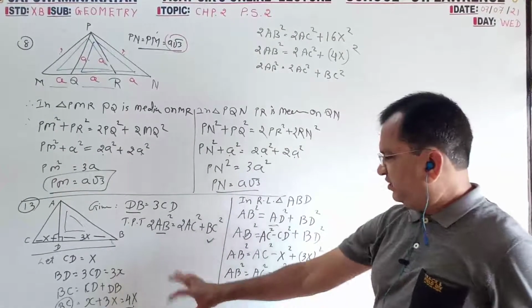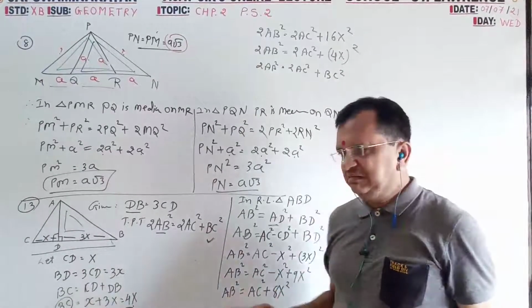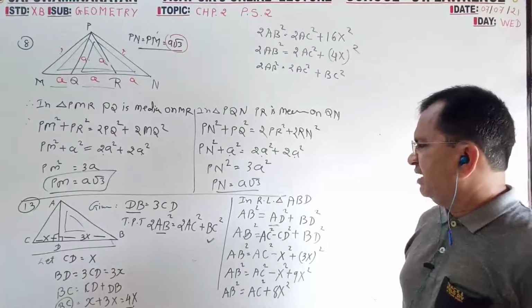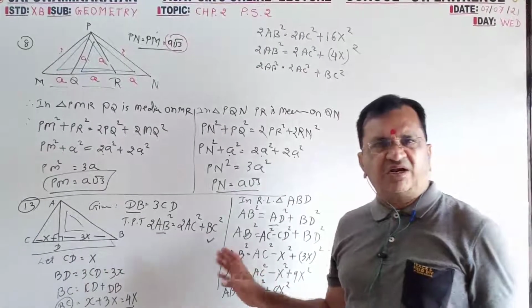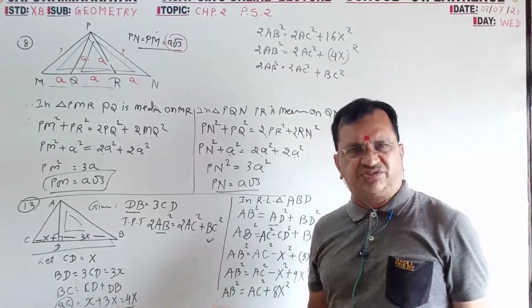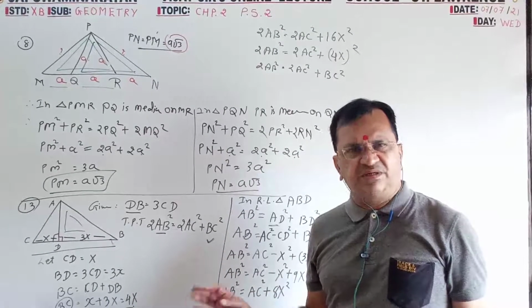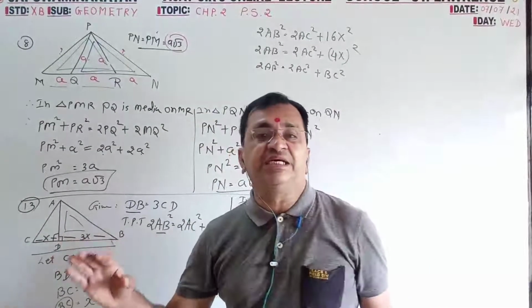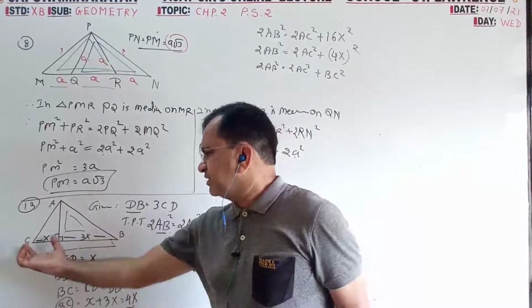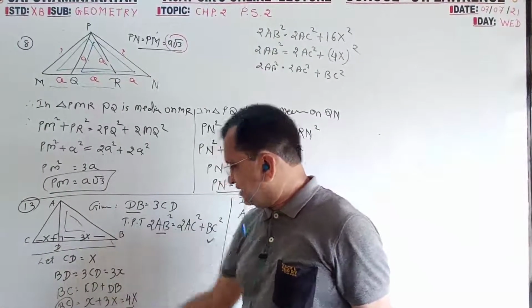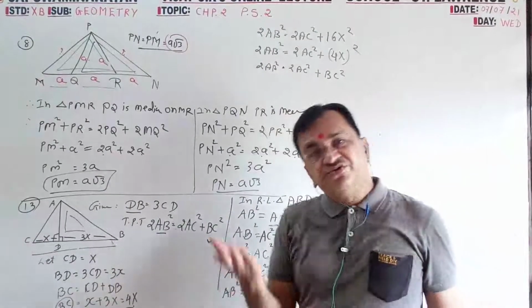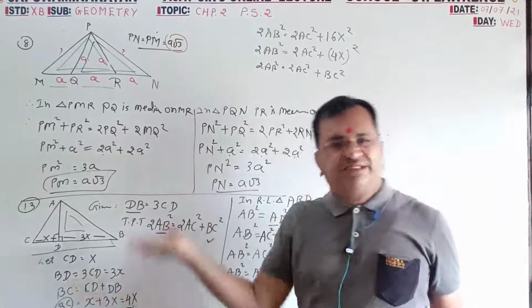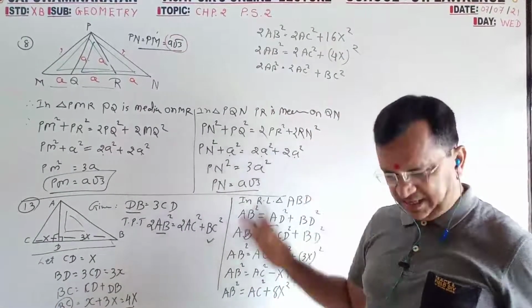So this method with x, this is a super method. If you will substitute segment wise, it will be quite long and difficult to understand, and even steps will increase. So this x method is the best. This much is x, this much is 3 times, so 3x. 3x plus x total is 4x. And at the end I have to resubstitute. If BC is equal to 4x, so 4x is equal to BC. Like that.